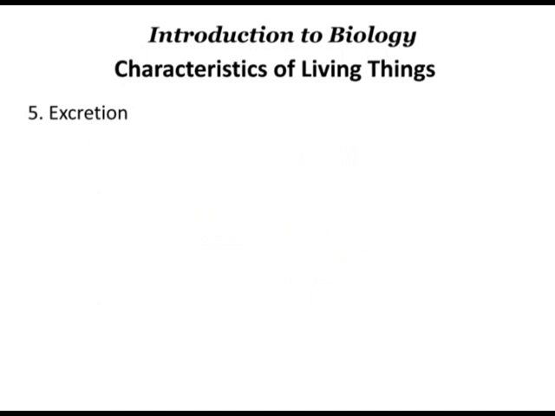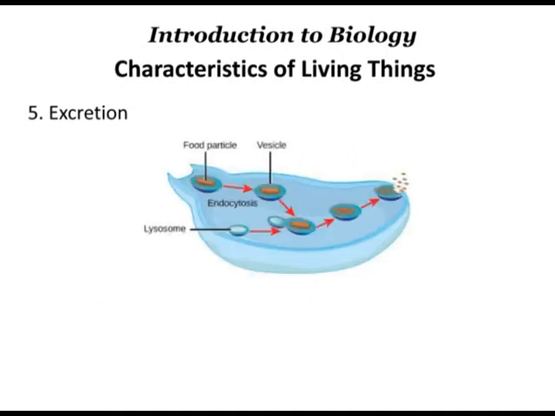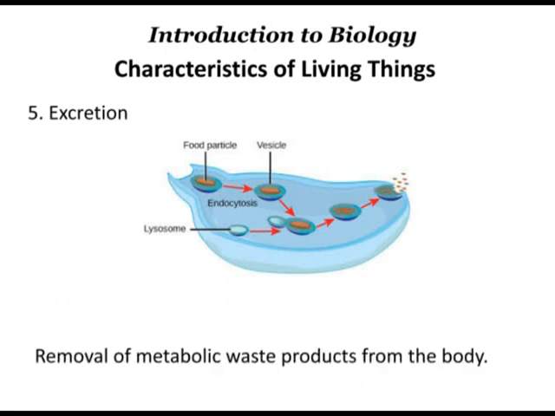Now, not all the food materials obtained by living organisms are utilized in the cells. Moreover, cellular processes generate waste materials like carbon dioxide, urea, excess water, and so on that cannot be left to accumulate in the cells. Excretion is the elimination of waste materials resulting from cellular processes from the bodies of organisms.